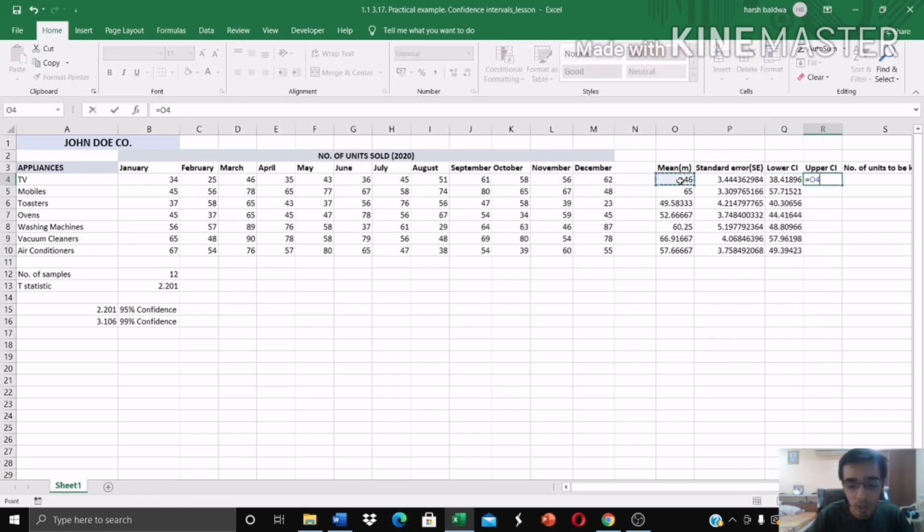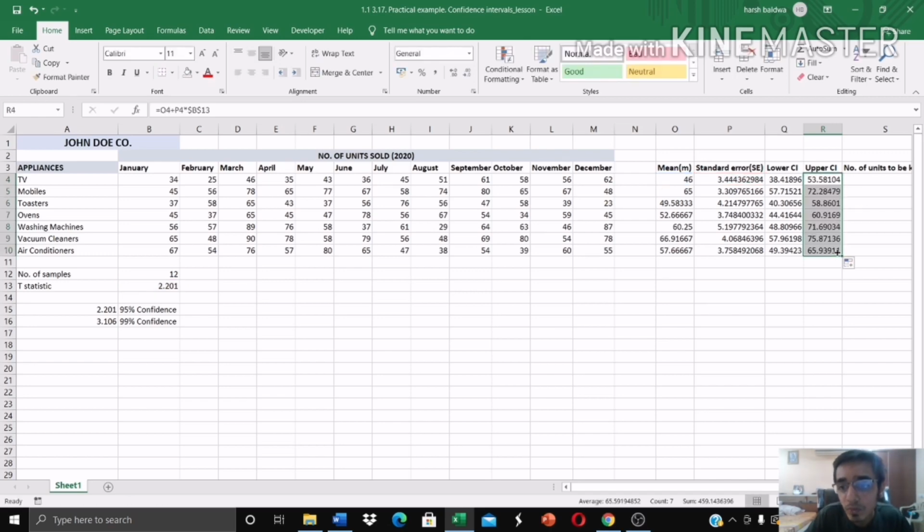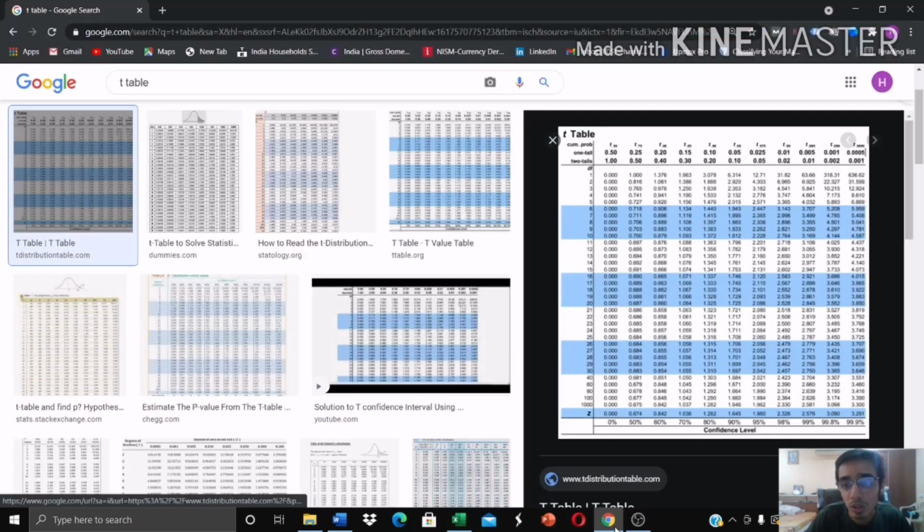Okay. To find out the upper confidence interval, the formula is the mean plus the standard error times the t-value. Okay, there you go. Now to find the t-value, just type in Google t-table and